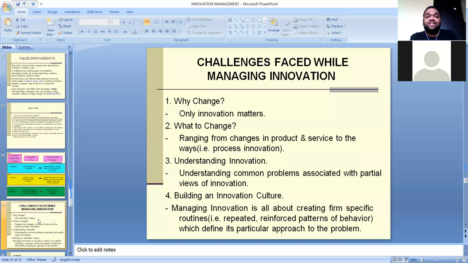Moving on to the next slide. The next slide is challenges faced while managing innovation. We will discuss this in the next class, including what the challenges are and everything else. Up to now we have